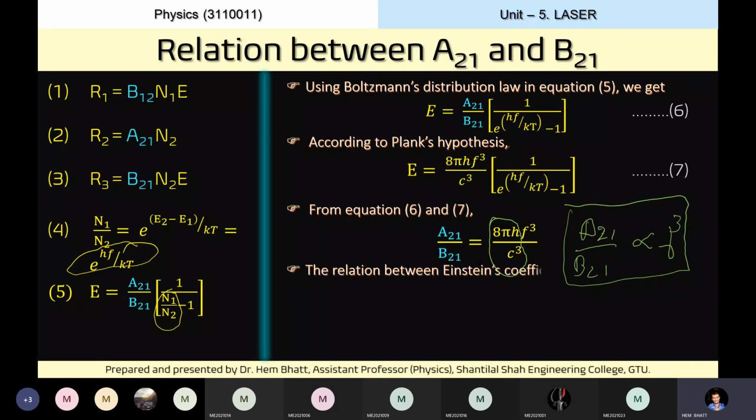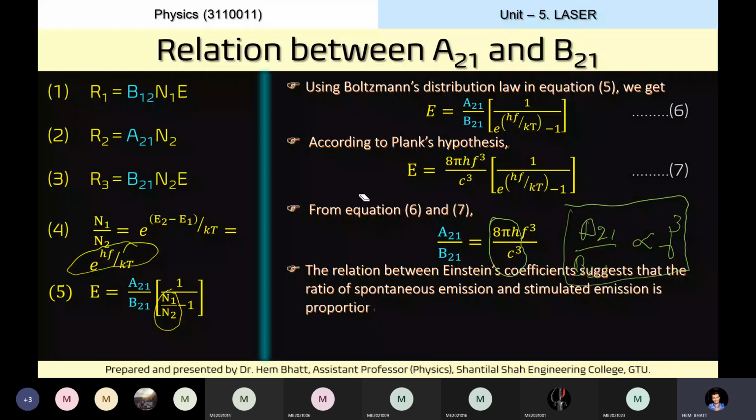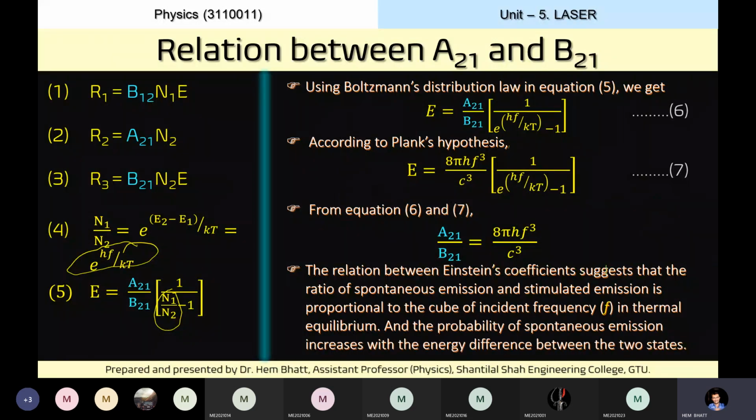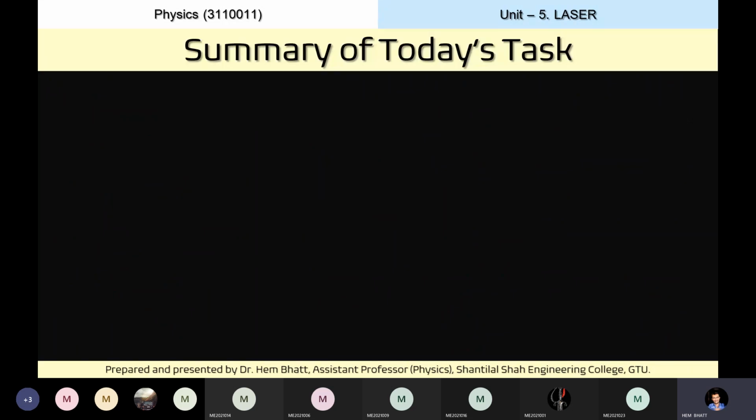So this is the theory which says that the relation between Einstein's coefficient is proportional to cube of frequency in thermal equilibrium, and the probability of spontaneous emission increases with energy difference between two states. જો બે ઉર્જાના સ્તરો આગા આગા હોય તો spontaneous emission ની સંભાવના વધી જાય. So that was the theory, and that was today's topic. Last equation is the outcome, and now